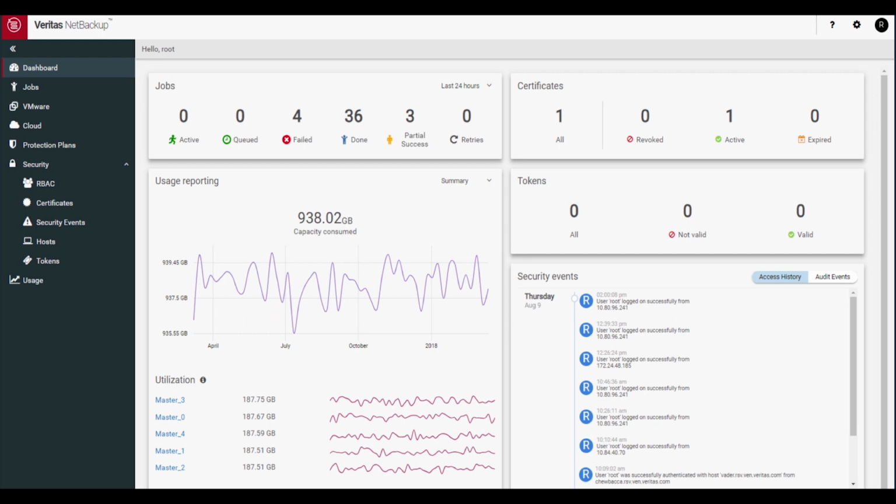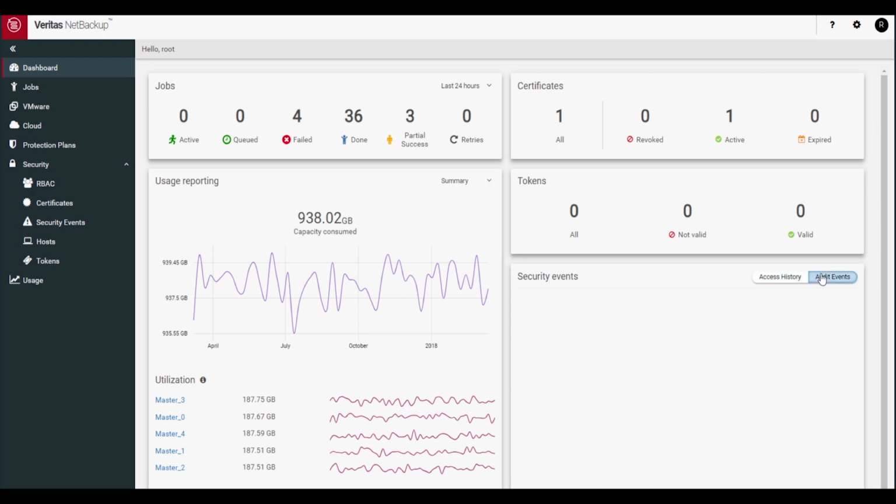You can see our usage reporting. That tells you how much information you have that's been protected using this modern UI. Now, this is not MB deploy util, this isn't telemetry, this is just basic usage reporting of this particular environment. And here on the right-hand side, we've got some security information. We can see certificates that have been deployed, whether or not we've got tokens that are out, and you can see security events,